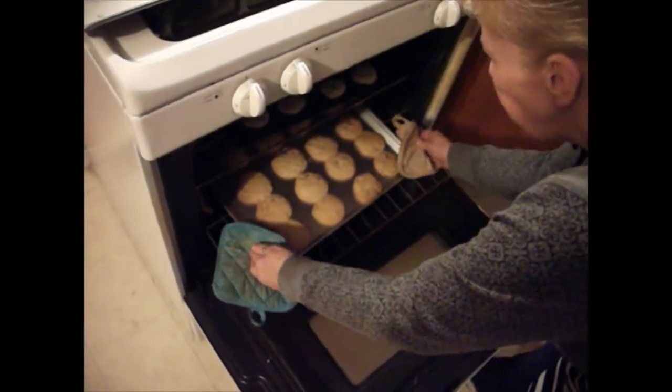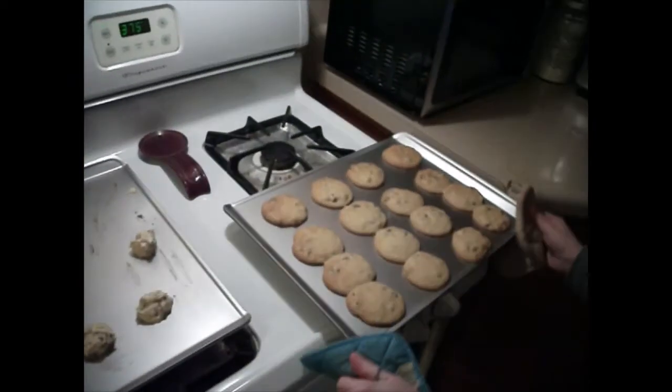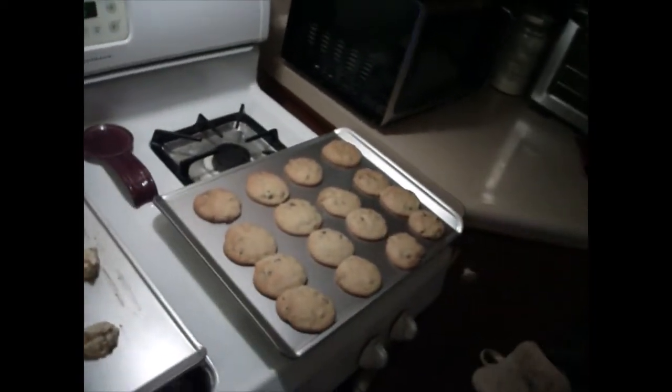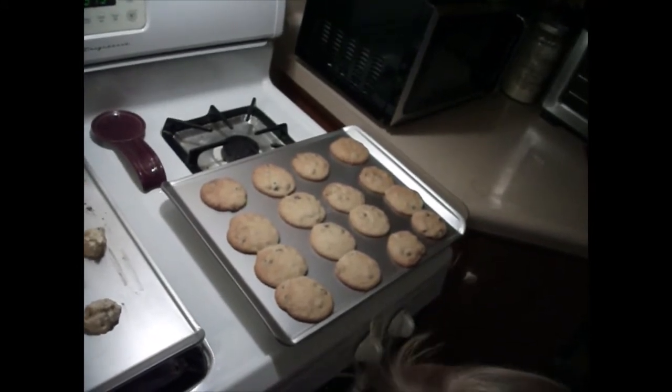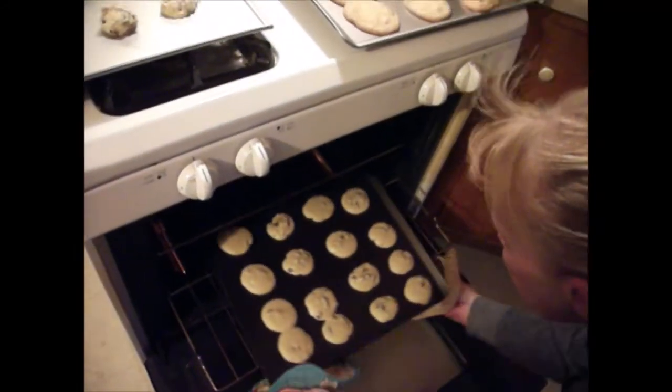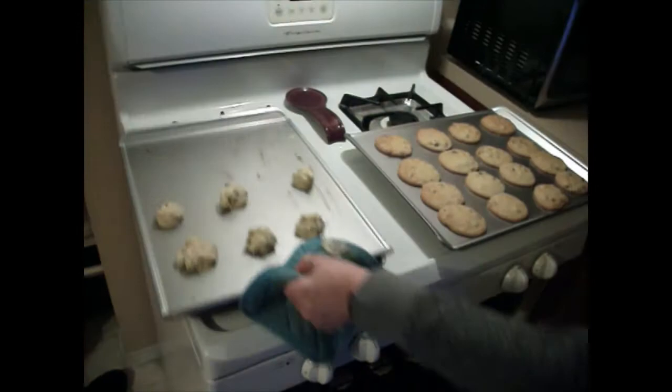Alright, so we're taking out our second batch of cookies. I'd say they probably cook for about 10 minutes, give or take. Just make sure they're golden brown. Don't burn yourself on the oven. And I got my other sheet in there. I like to switch out my